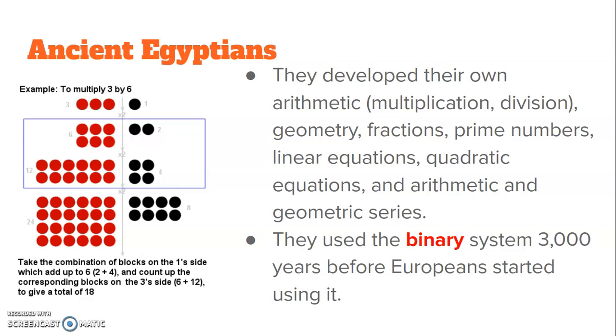Okay, so that's like the pattern of how numbers in a sequence go when they have similar differences. Anyway, it's a whole thing. I can explain it later if you have questions. They used the binary system, which is basically counting things by 2, 4, and 8, like it's doubling every time. And they used it 3,000 years before the Europeans found it and started using it.